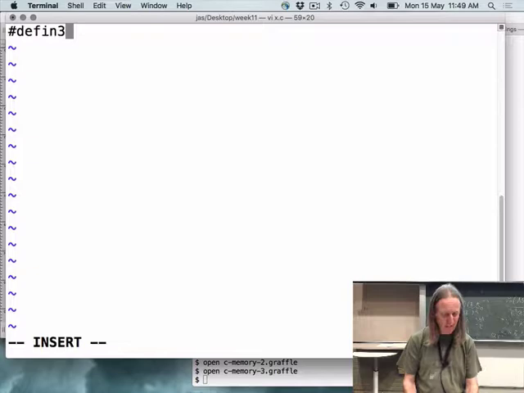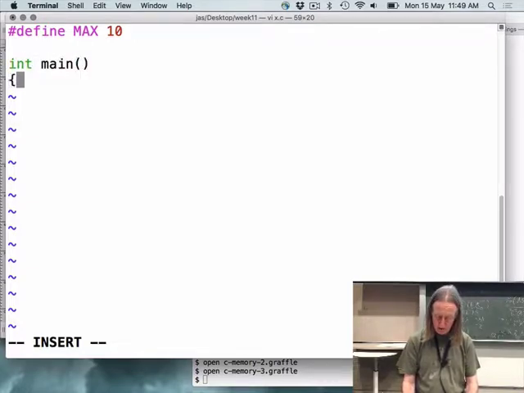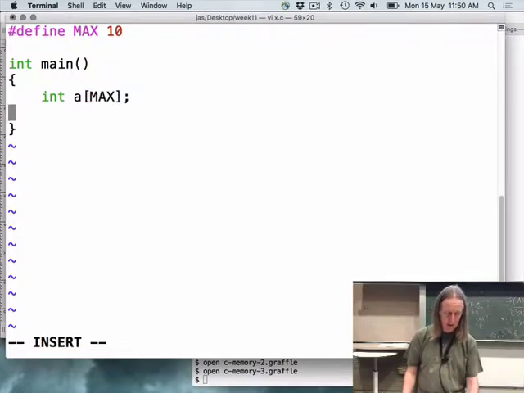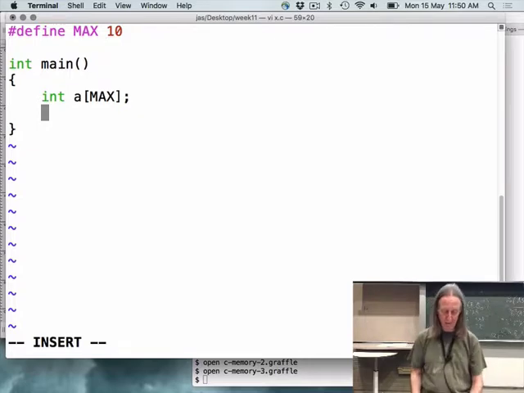So here I'll just write a very, very small program. Won't even bother with command line arguments for the main program. And here I will define an array.